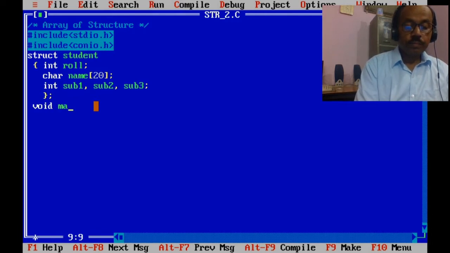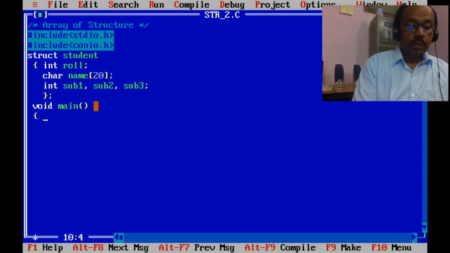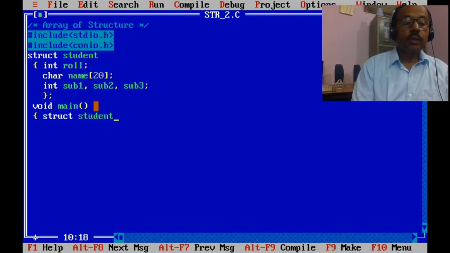void main, struct student and the variable name s.